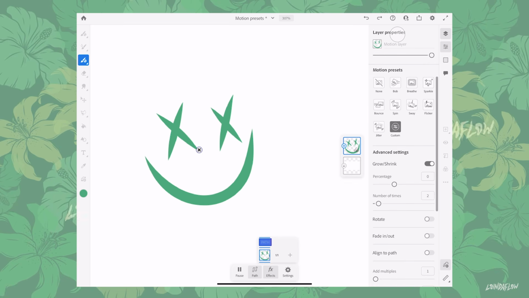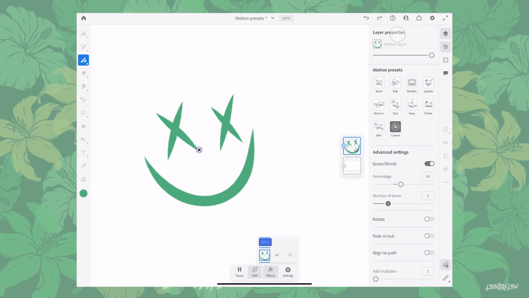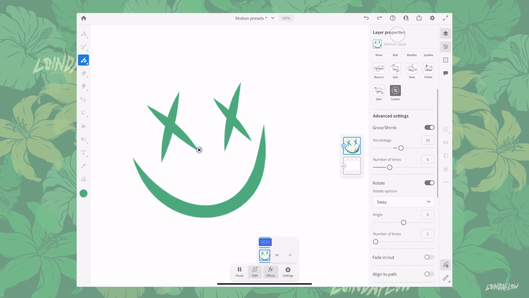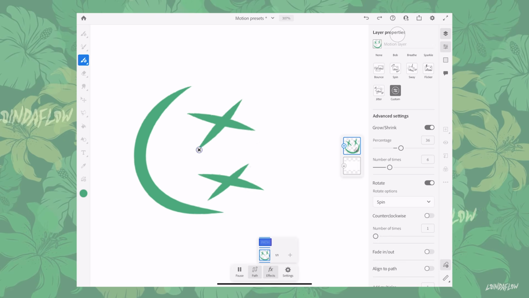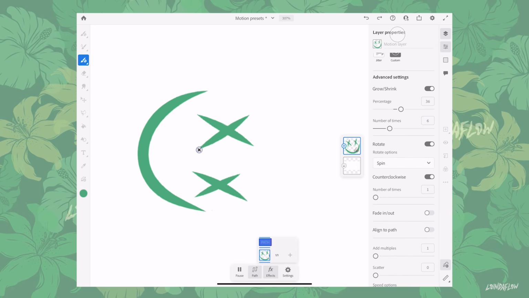I really love using these, I find them super useful. I tend to grab breathe and sway the most, and I turn the percentage down pretty low just to add some subtle motion in the background of an illustration, or do something that just feels